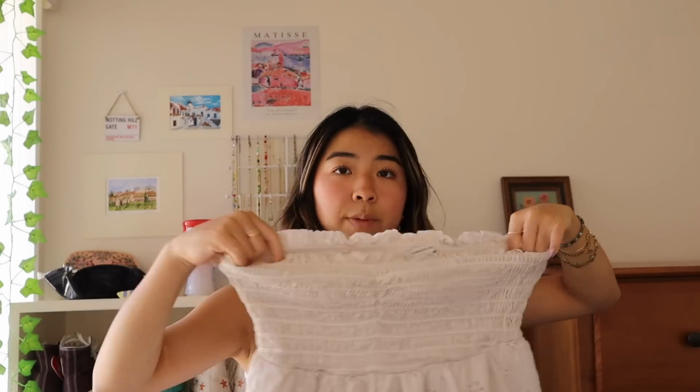I was impressed. I also think it's fun because you could definitely wear this as a midi skirt, just because this is